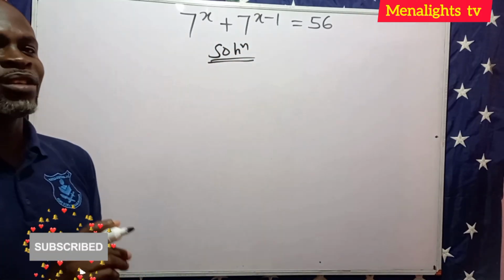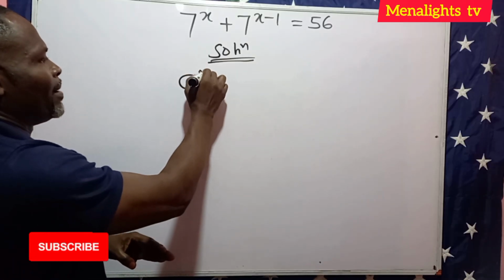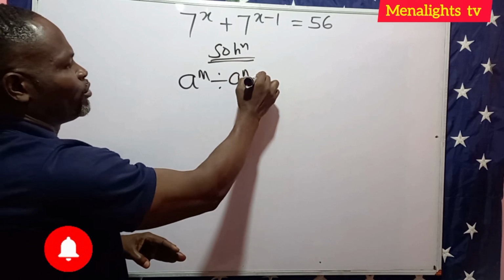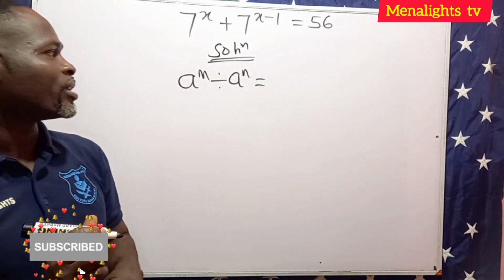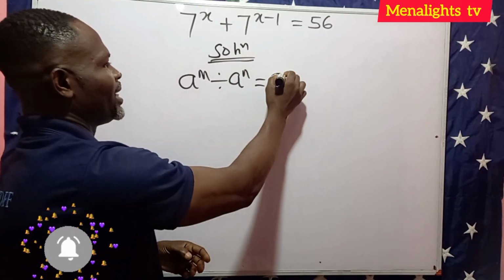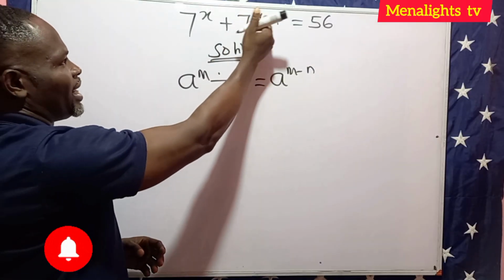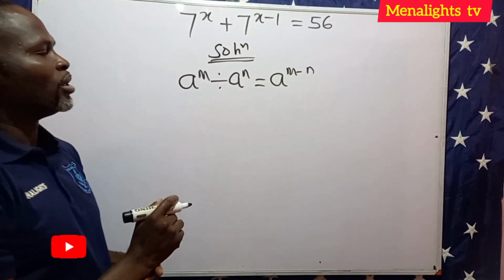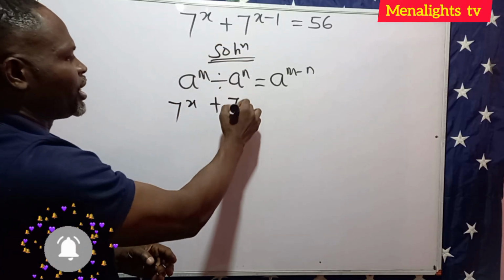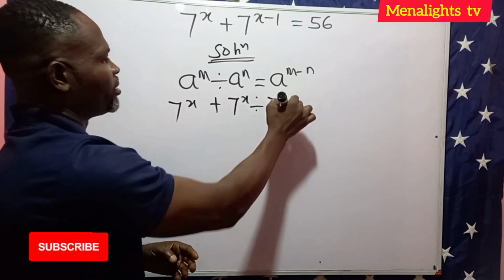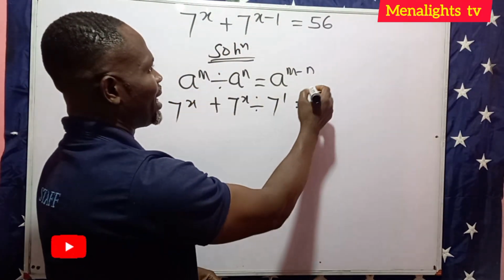Now, before we can start, let's look at this law of indices. We have a exponent m divided by a exponent n. When the bases are the same and you are dividing, we subtract the exponents. So this becomes a exponent m minus n. So the 7 exponent x minus 1, we can write it in this form. We have 7 exponent x here, plus 7 exponent x divided by 7 exponent 1. So this will give us 7 exponent x minus 1,